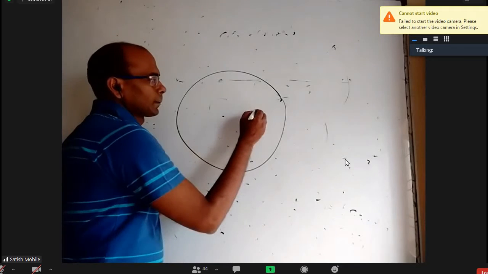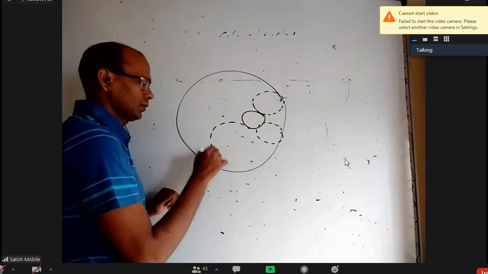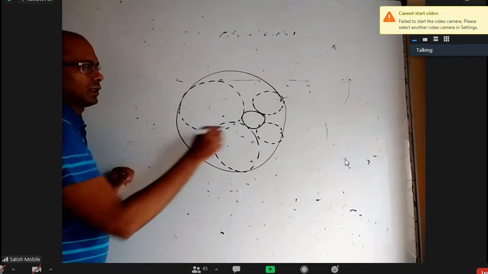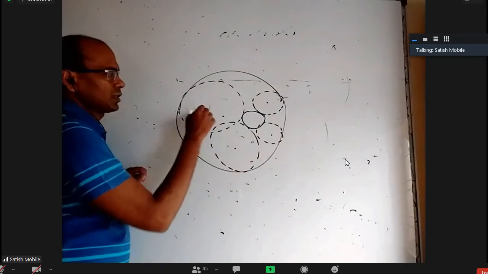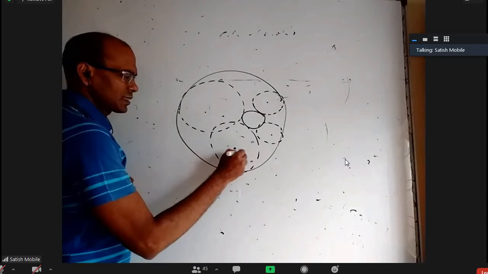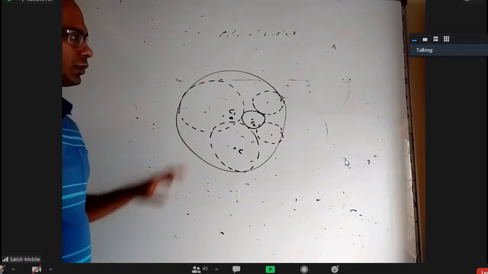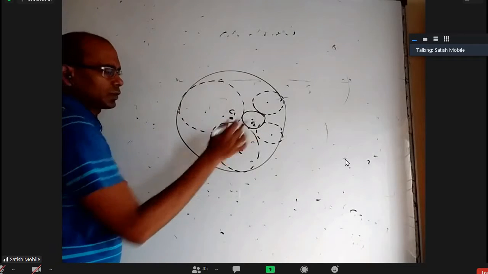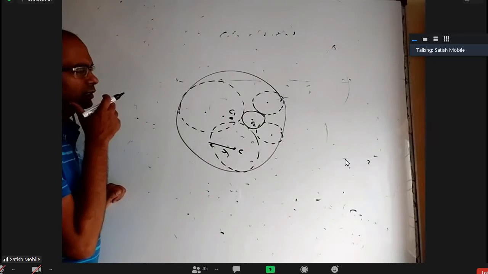Like this, and like this. So there will be a lot of circles, these dotted ones, they are touching this circle externally, this circle internally. Okay, the locus of all those centers is an ellipse. How is that? If we take this as C, the original big circle center as C1, this fixed circle center as C2. This radius is R1, the big radius, this is R2, and this variable radius, I'll take it as R.